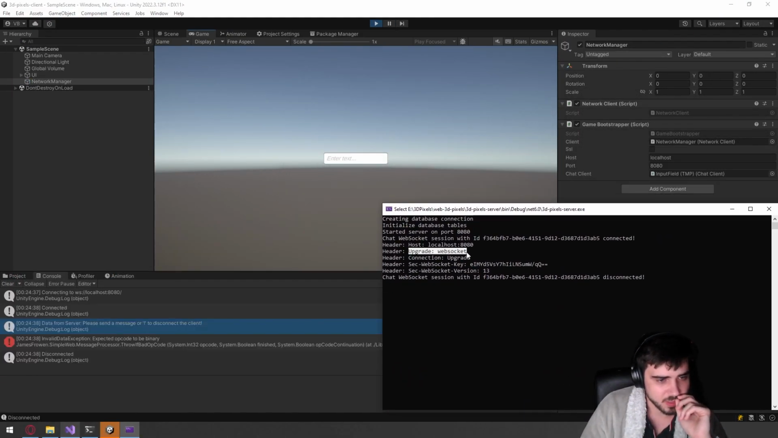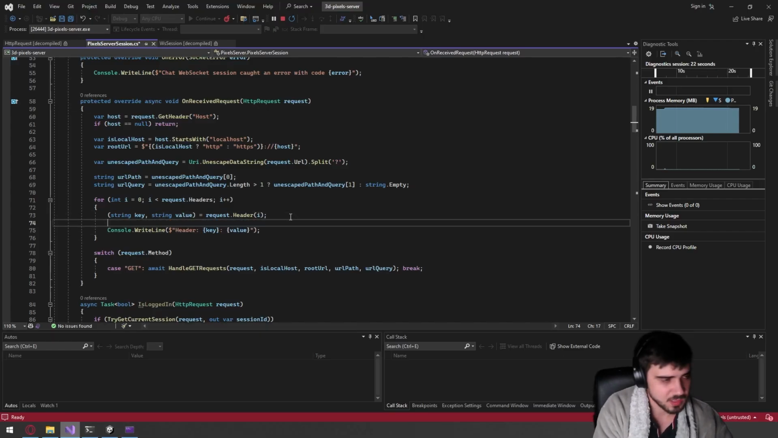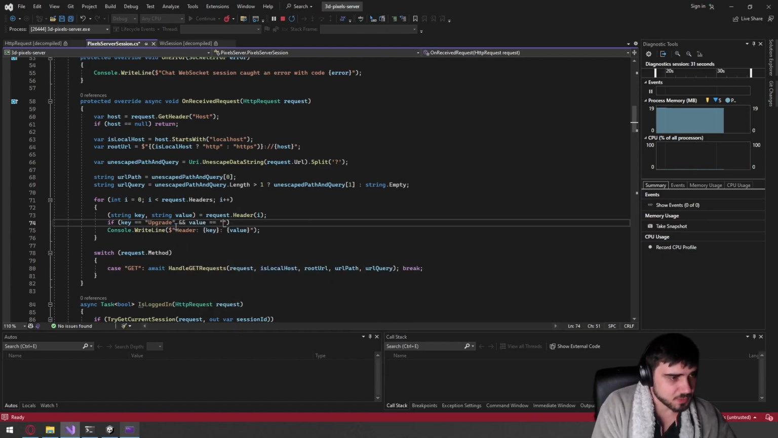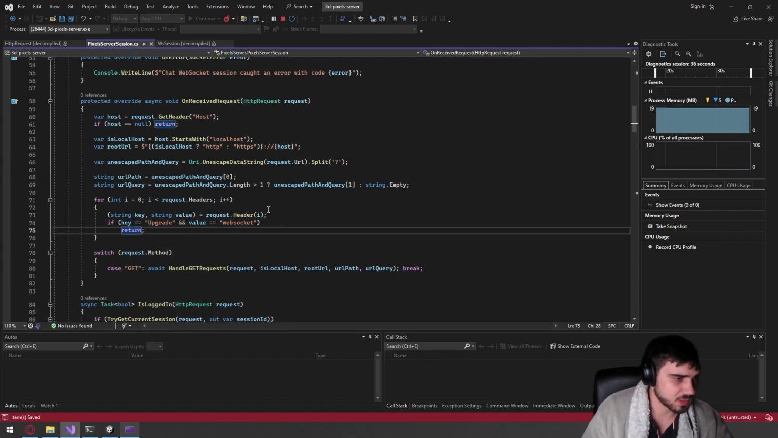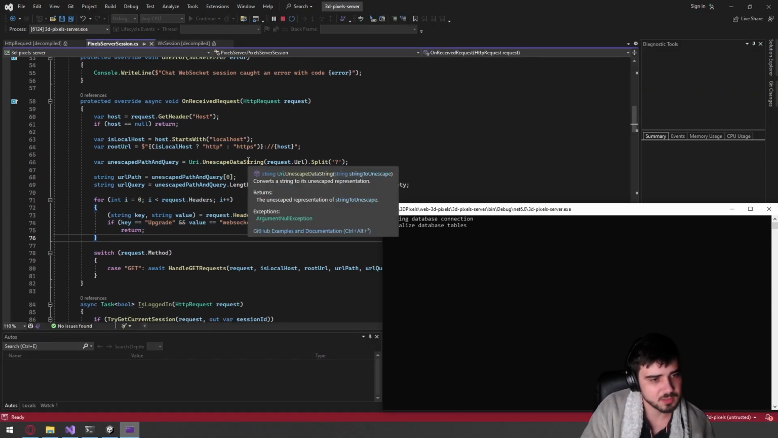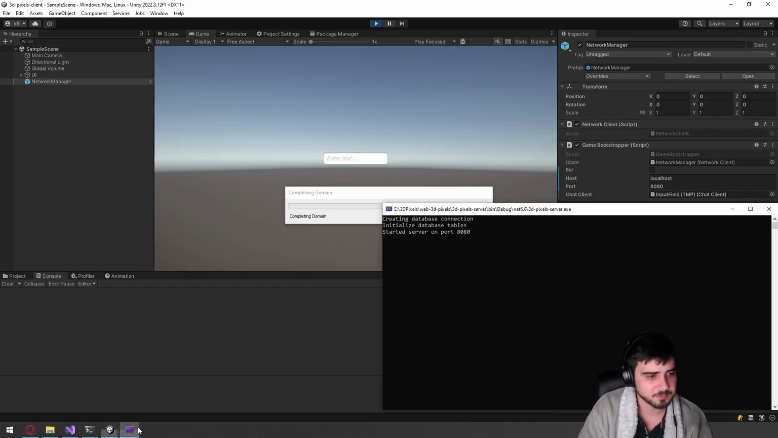Yeah, look at that, upgrade WebSocket. So we want to ignore this if we have this, right? So we're going to say if key equals upgrade, value equals WebSocket, and let's just reset. I think this is going to be handled by the underlying server that we created automatically. Cool. If we play now,